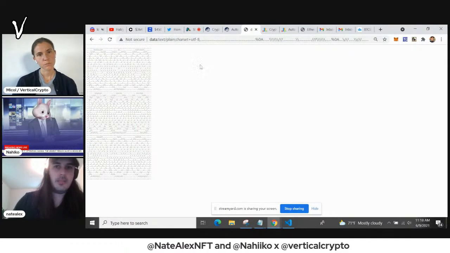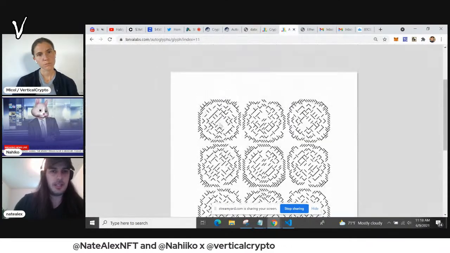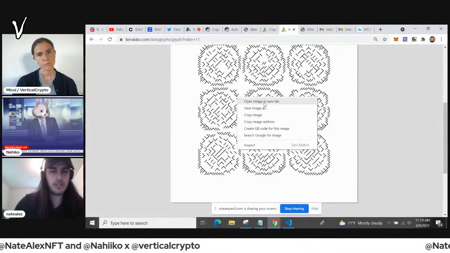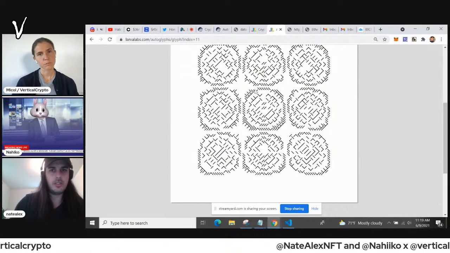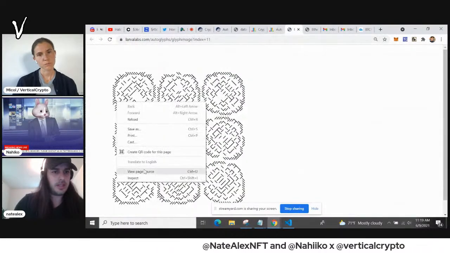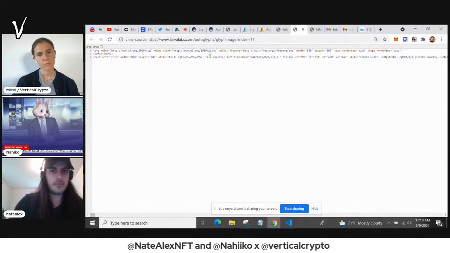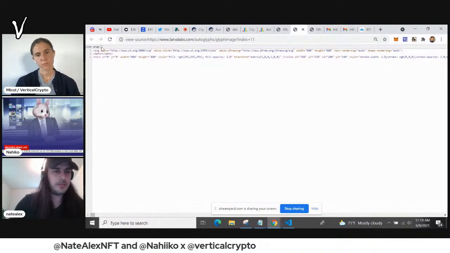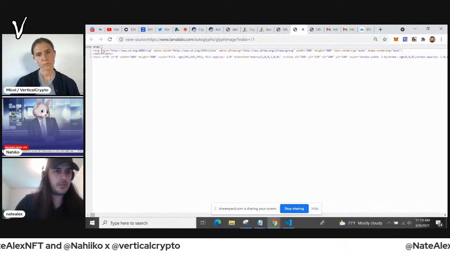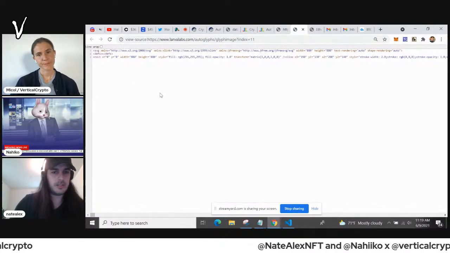Yeah, this is pure ASCII, and then this is an SVG. If you wanted to just see what that looks like. Well, it's not going to wrap the line, but